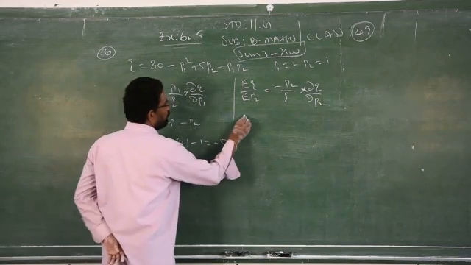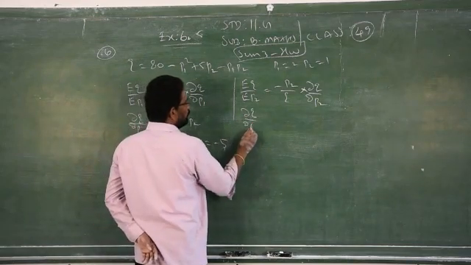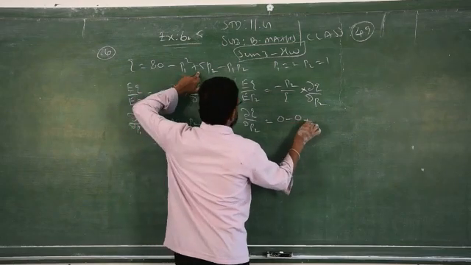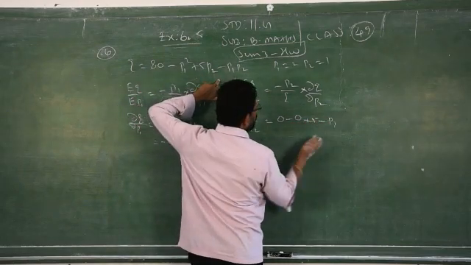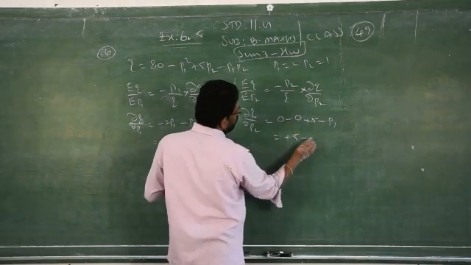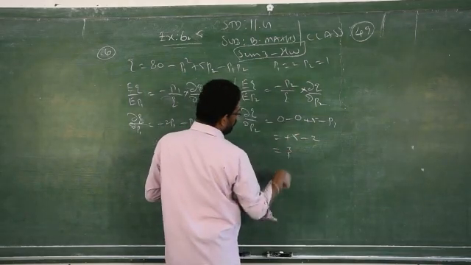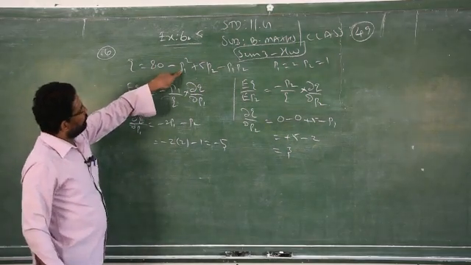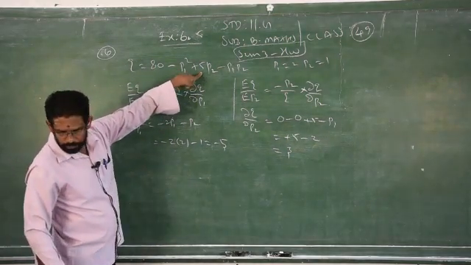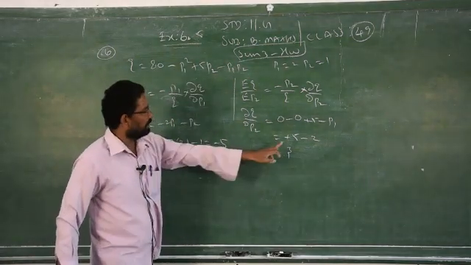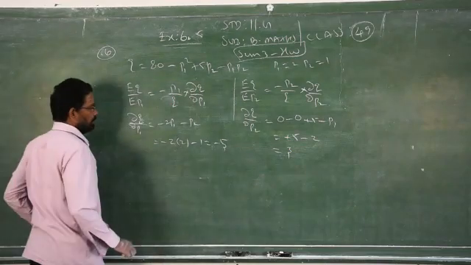Then you have to find dou Q by dou P2. 0 minus 0, this is 5 minus P1. So plus 5, P1 is given as 2. The answer is 3. Just check: 0, no P2; here 5P2, that is 5. P1 P2, when you differentiate P2, P2 will become 1, so you will get only P1. Just substitute, you will get the answer.